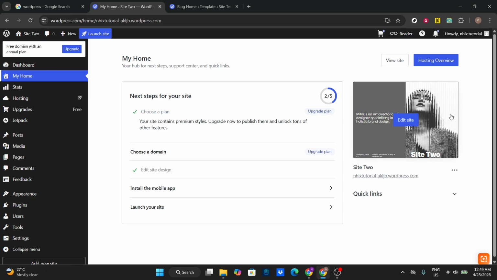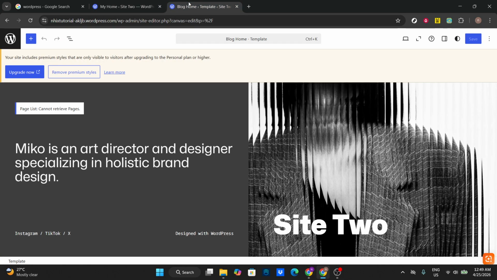Hover your mouse over your site card to reveal quick actions, then click Edit Site. This opens the site editor so you can work directly on your theme and page layout. Inside the editor, scroll or navigate to the exact section you want to hide. This could be a hero banner, a promo strip, a newsletter block, whatever element you don't want visitors to see